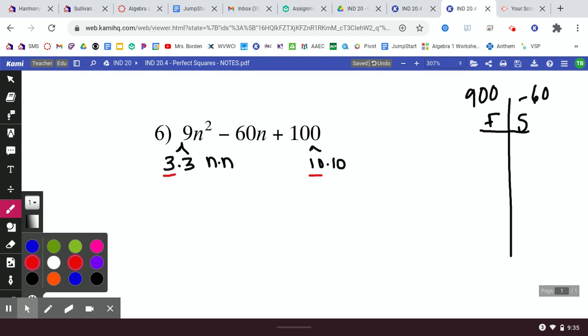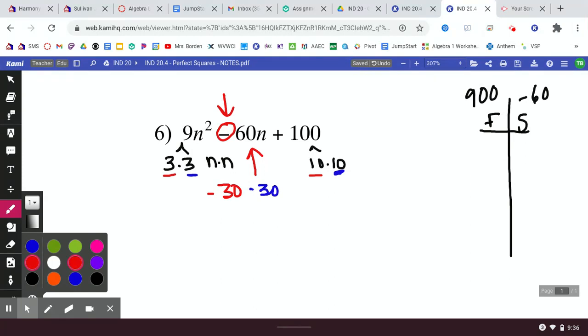if I take 3 times 10, 3 times 10 is 30, and then if I take 3 times 10, that's also 30. And if I make both of these negative, then negative and negative adds up to negative 60, and the reason it needs to be negative, remember on my last one everything was positive, so my two center terms were positive. In this case, because this is a negative sign, they both have to be negative,